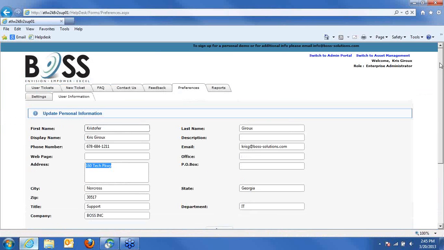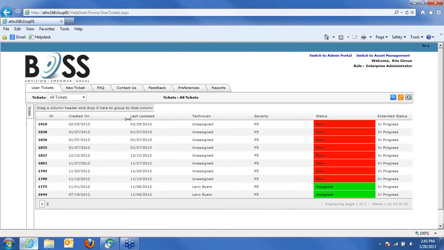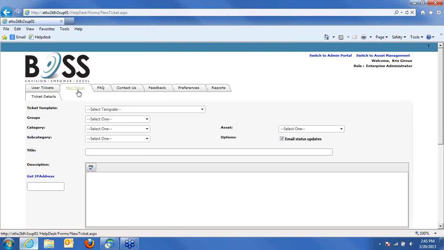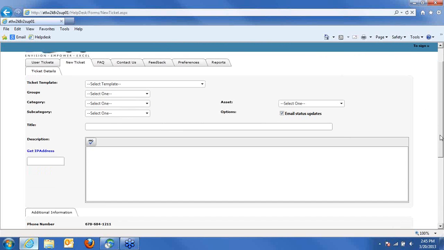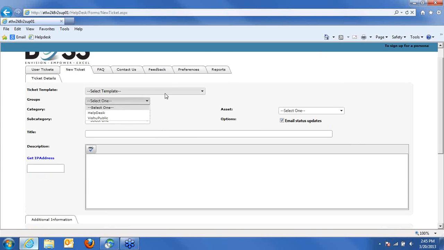When an end user submits a ticket, okay, so we're going to switch portals here. Oops. We're already in the portal. So this says, from an end user's perspective, what does it look like when they submit a ticket? They simply click on New Ticket, and this is the screen they will see. They can choose a template, which I don't assign any to myself, a group. Now you'll notice